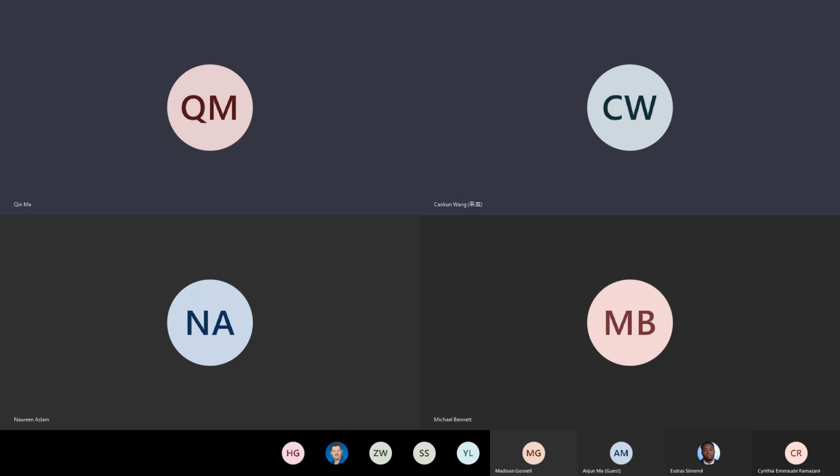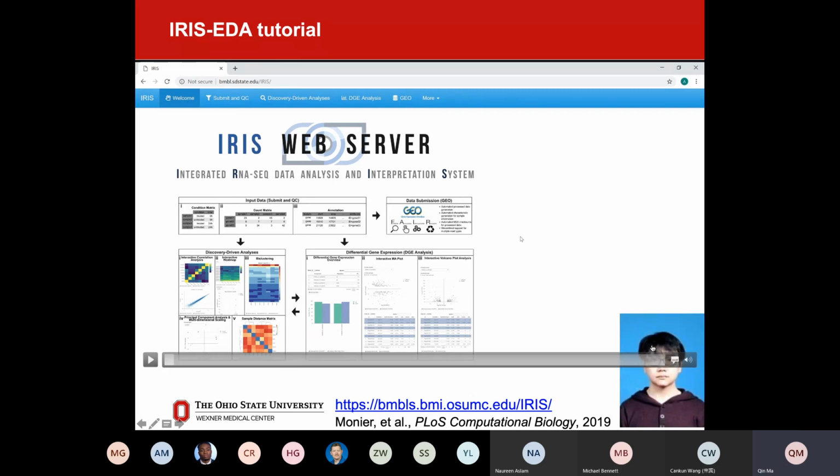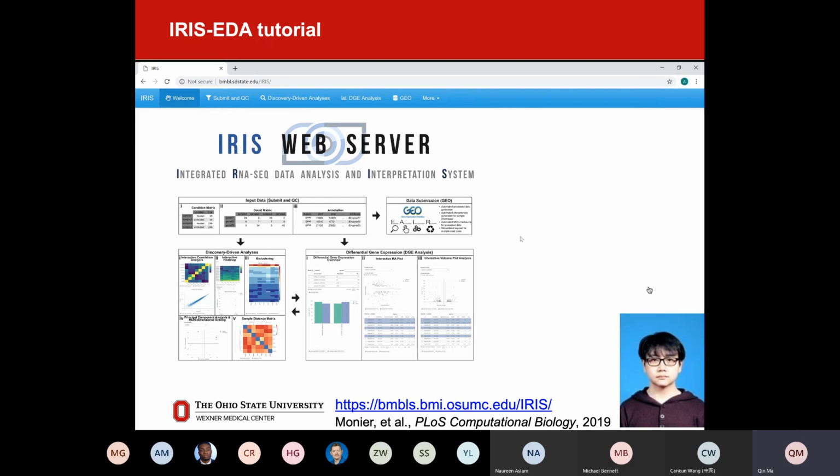Yeah. I just showcased the web server. The voice was from my previous postdoc, who is currently assistant professor at the University of South Dakota. He developed this server, and currently the server is maintained by Tan Kun. So besides this initial introduction of the server, we will go into more details regarding how we can do other